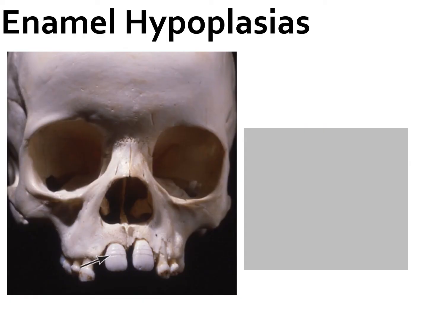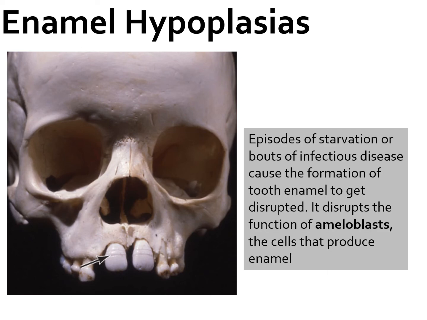So in terms of looking at evidence of malnutrition and starvation, we look at something called enamel hypoplasias, which can be found on the teeth. You can actually see an image of it, and you can see that there are two distinct horizontal lines going across that tooth, right? So in essence, episodes of starvation, or in some cases bouts of infectious disease, cause the formation of tooth enamel to get disrupted, right? In essence, it disrupts the functions of the ameloblasts, which are the cells that produce your enamel,